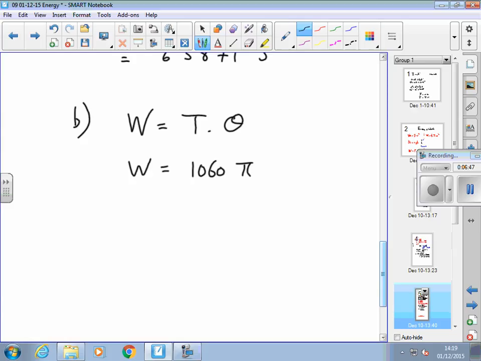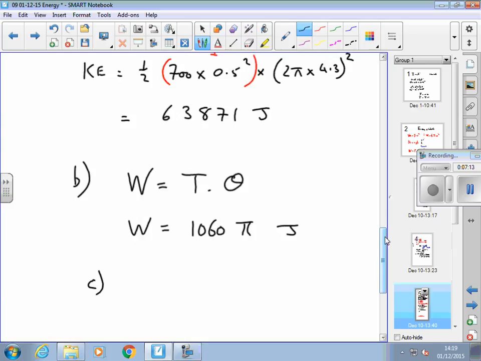That is appropriate at this stage because we don't need to know the work particularly. If you're asked what the work is, well then you might work out an answer. So that's the work done. Now the science, the engineering comes in. We've worked out what the kinetic energy was before the working cycle, 63,871. We've now done 1060 pi joules of work, so the final kinetic energy, ignoring energy losses, hopefully, common sense would tell us we